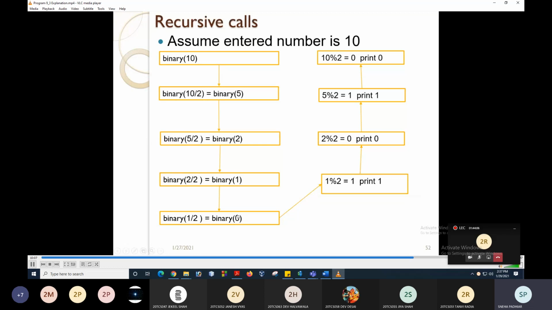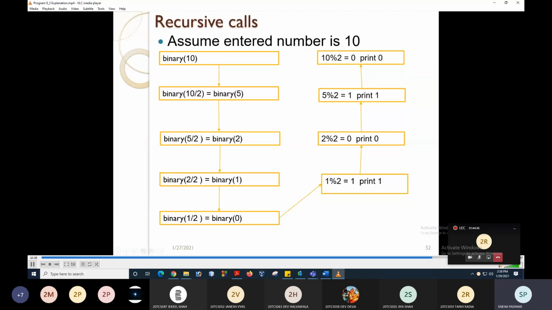अब जैसे ही binary of 0 कॉल हुआ, base case satisfy हुआ because num की वैल्यू अब 0 हो गई, तो it will return, right? अब जब return होगा तो क्या होगा, देखो, अब यहाँ पर कितने functions कॉल हुए total? Binary of 10 हुआ, फिर binary of 5 हुआ, binary of 2 हुआ, binary of 1 हुआ और binary of 0 हुआ। तो 5 बार ये function कॉल हुआ। Binary of 0 में सिर्फ क्या लिखा है हमने, return, right? So it is just returning back.